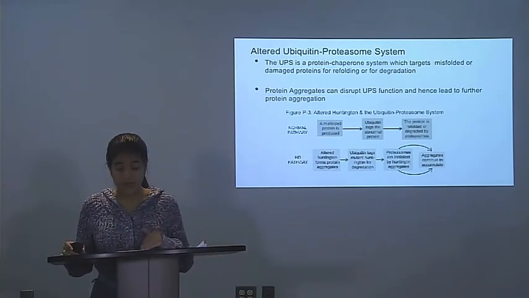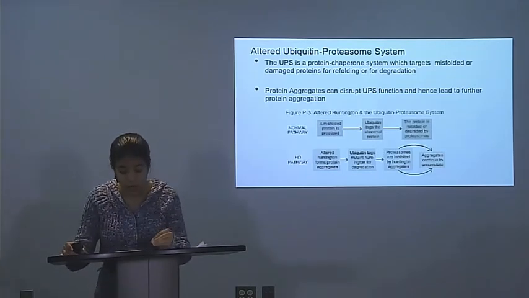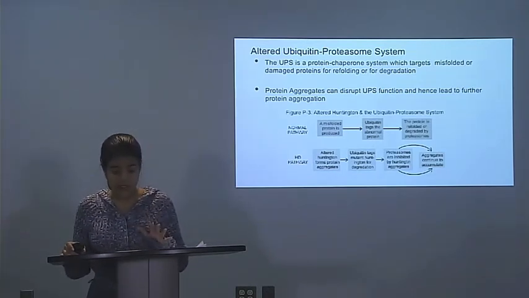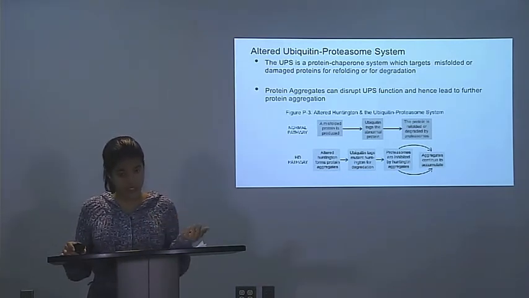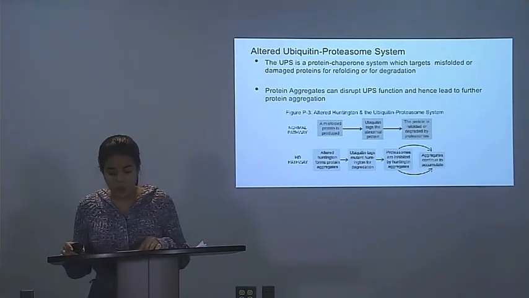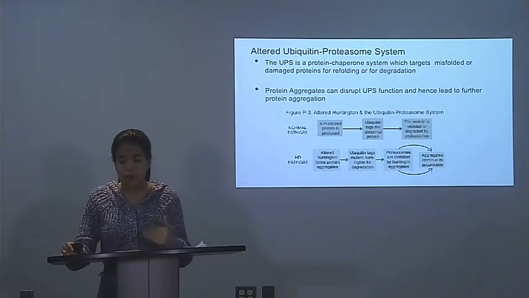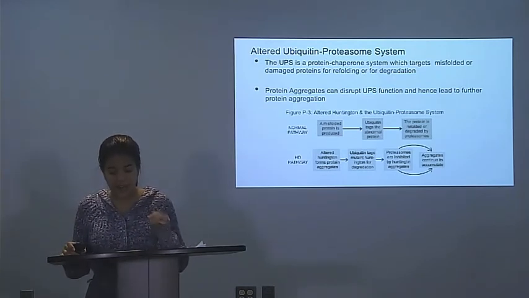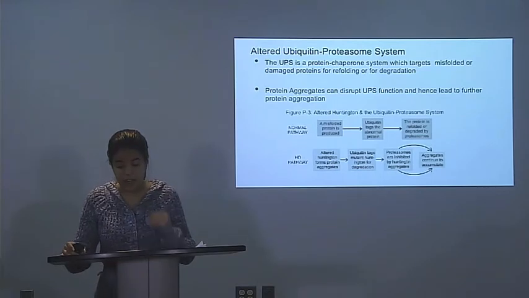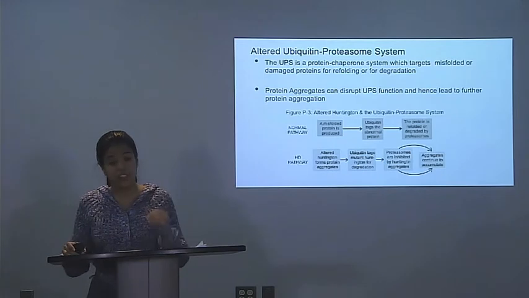So one of the problems caused by the aggregation of HTT is the alteration of the ubiquitin proteasome system. Normal cells have a mechanism for quality control called the ubiquitin proteasome system, UPS. The UPS is a protein chaperone system which tags misfolded or damaged proteins for refolding, or more commonly for degradation. However, the HTT aggregates can inhibit the function of the proteasomes and deprive them from their normal functioning. As a result, the HTT proteins continue to aggregate,